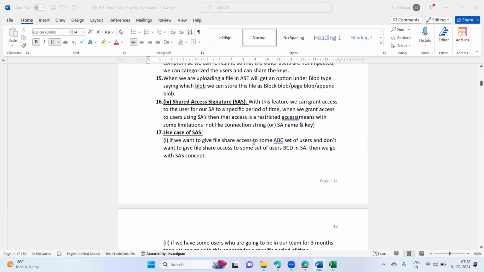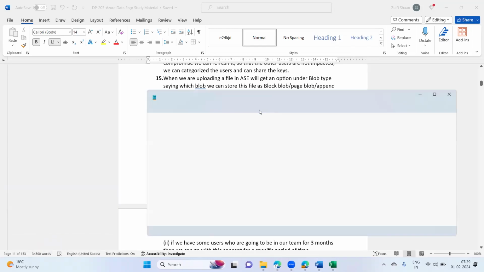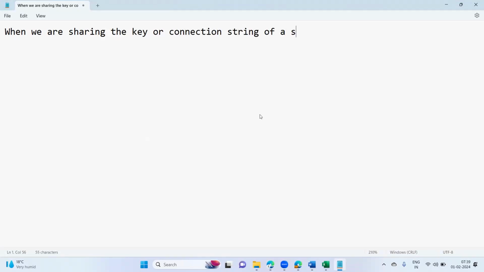All right. So today we'll do the continuation of our Azure Storage Explorer only, right? Storage Explorer we were discussing yesterday. And the concept we have discussed yesterday is that when we share the key and connection string of a storage account,